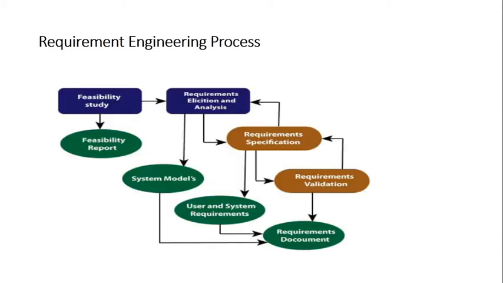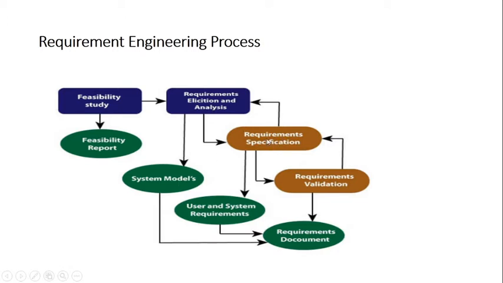If we represent this graphically, you can see that initially we carry out feasibility study, and the output that is released after feasibility study is known as feasibility report. Once this is done, then we start with the RE process. RE process, the first one, elicitation and analysis. So the outcome that is released after this elicitation and analysis is system models, right? So here we are telling what will be the deliverable of each and every step in RE process. So after elicitation analysis, we get models.